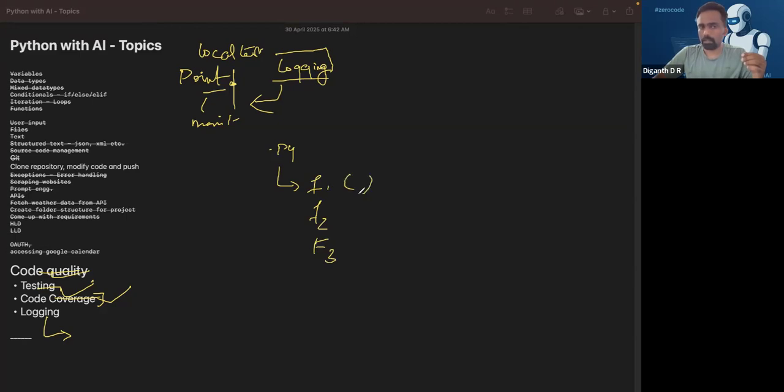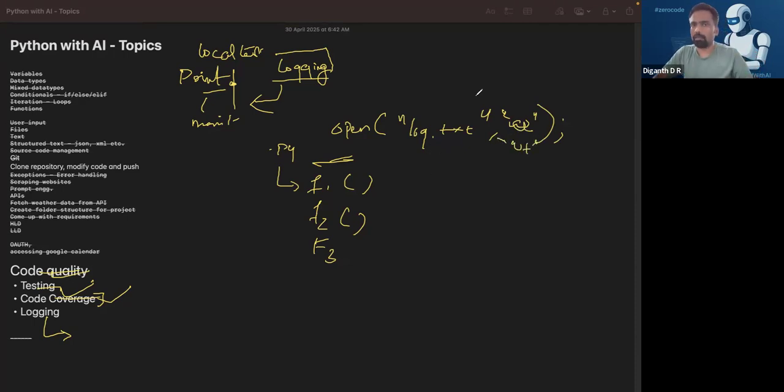In each of these functions, I will open a file, say my log file, log.txt, in write mode or in append mode. Append mode is where you can append to the file, which is nothing but writing something at the end. So if somebody else comes and writes,